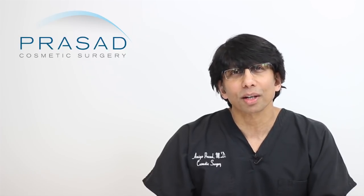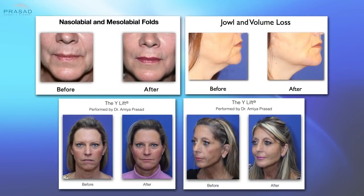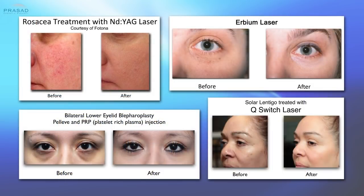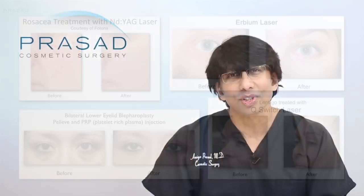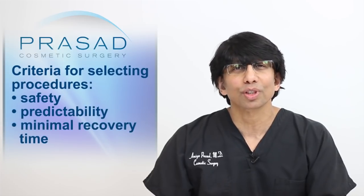In my practice, I perform comprehensive treatments for facial aging, which include facelift surgery, eyelid surgery, and facial implants, to specialized techniques for injectable filler placement and the use of lasers and radiofrequency technology. My approach is characterized by a natural aesthetic style. I select procedures for my patients based on meeting specific criteria, including safety, predictability, and minimal to no recovery